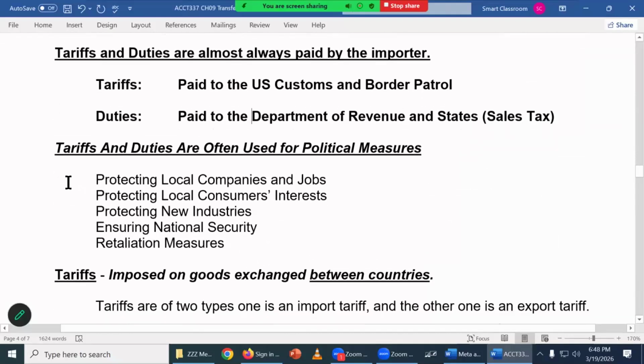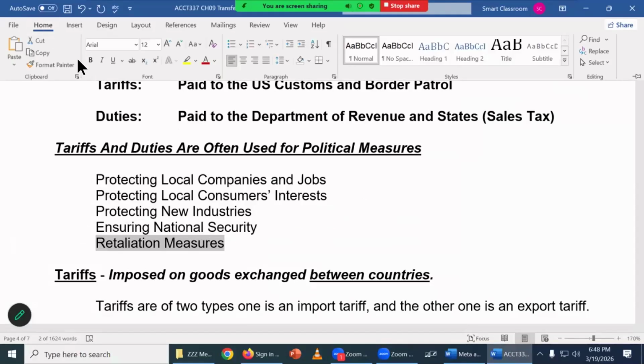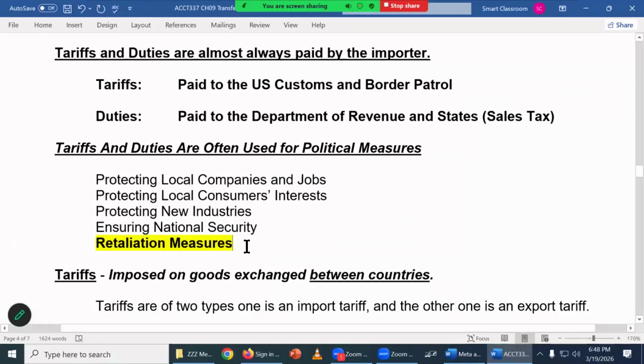And these are some of the common reasons they have for it. And this last one here seems to be the center stage one nowadays. We put big tariffs on other countries, and then they put big tariffs on us, and then we put bigger tariffs on them. They put bigger tariffs on us, and then everybody calms down and goes back to where it was. But anyway,